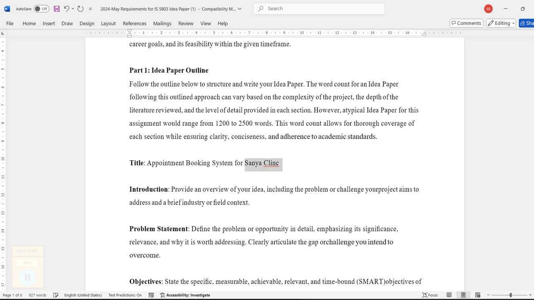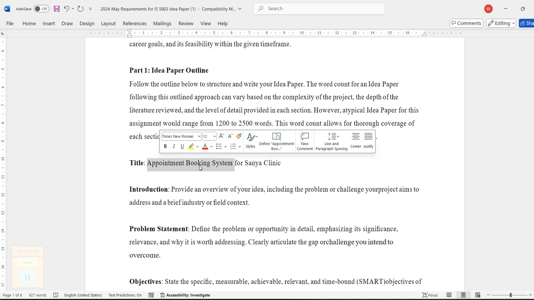So now there is a clinic by the name Sanya Clinic, and for this clinic we are creating an appointment system. Now we should understand why an appointment system is created for Sanya Clinic. What is the purpose of creating an appointment system? What problems can the appointment system resolve? So if a title like this is given to you, and the organization name is not given, try to keep some fictitious name and understand what kind of system we are using and what kind of problems this system can resolve. Critically understand it, then you can start working on it.